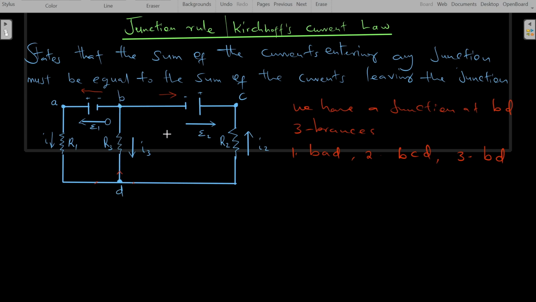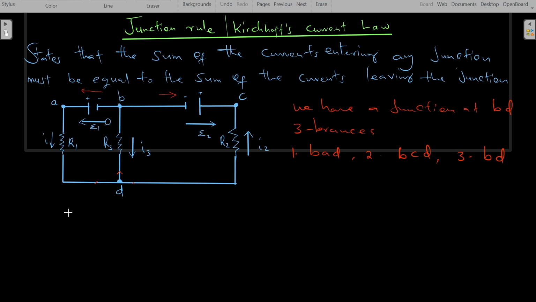Now for us to get the current in this branch, we have two junctions at BD and the three branches are that. So to get the current in the branches we will have to use the Kirchhoff junction rule, which says that the current entering through a branch must be equal to the current leaving the same branch or the junction. Our first step is, if we choose the left loop, so this is our left loop, and the right loop,